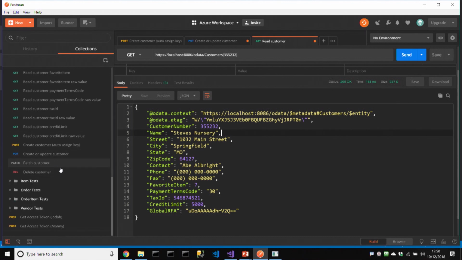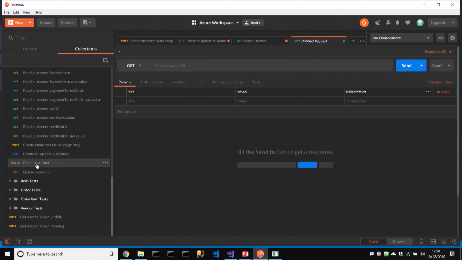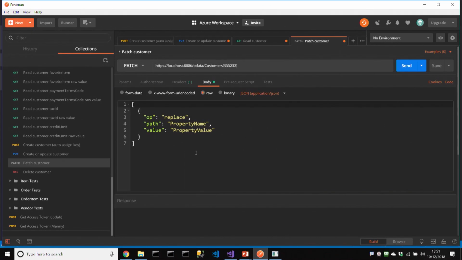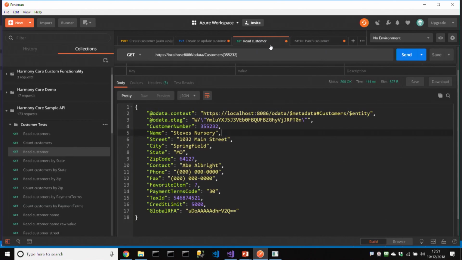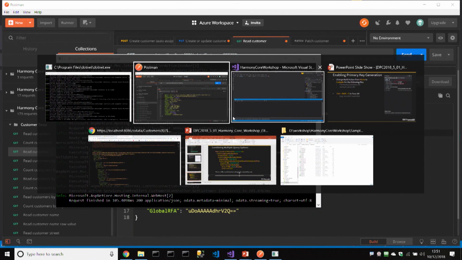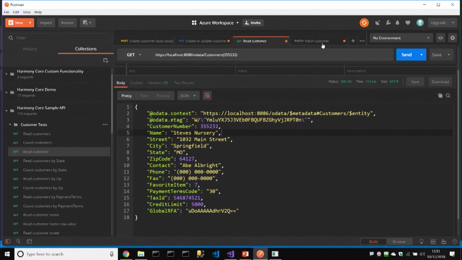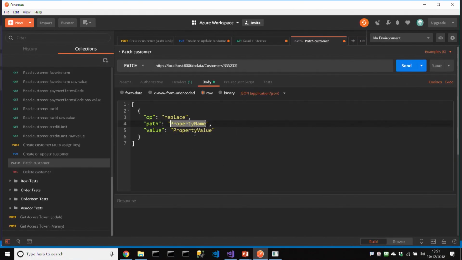The other operation, of course, is patch. So let's take that same customer number and we'll inject a 35532. Let's give it, where's the request body? So here's an example of our patch document. Okay, so if I wanted to change, what have we got? City, Springfield, Missouri. So let's change, where are we? Let's change city